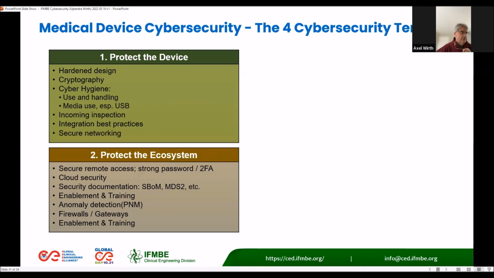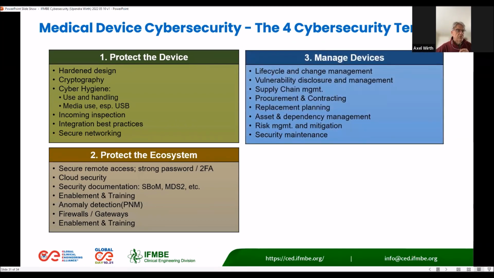provide security documentation like software bill of material and the manufacturer disclosure statement for medical device security, short MDS2, enable and train your staff, detect anomalies, use firewalls, gateways, and train your staff. Manage devices across their life cycle and through implementation of changes, including changes to support security. Disclose and process vulnerabilities, manage your supply chain, put security in your contracts, plan for replacement, and then engage in